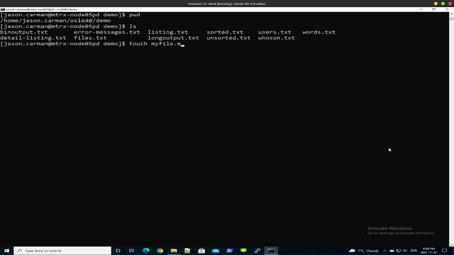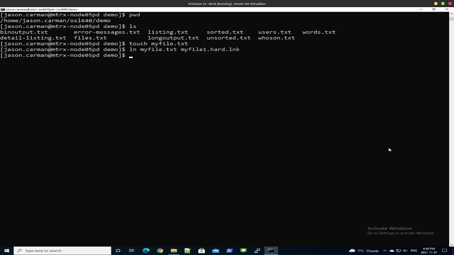I'm going to call it myfile.txt. And I'm going to create a couple different hard links to that file. So to do that, we use the ln command, which is short for link, myfile.txt. So kind of like the copy command, what do we want to link and where do we want it to go to, right? Our source and our destination. So our source is the file we just created, and the link that we want to create, I'm going to call